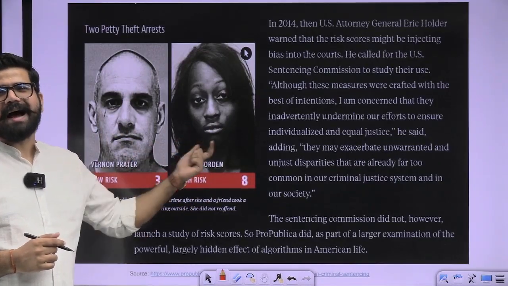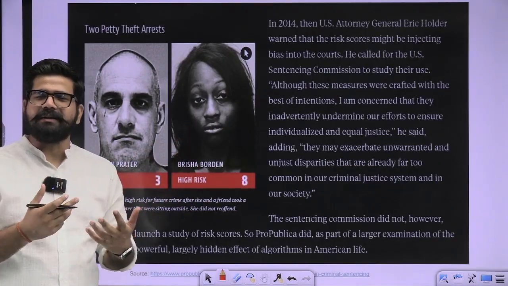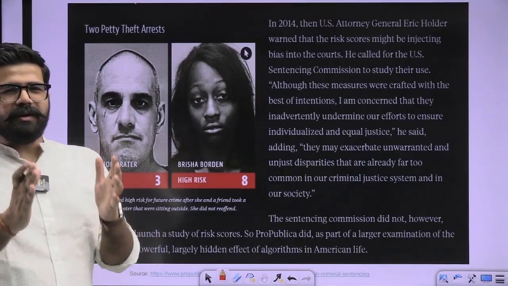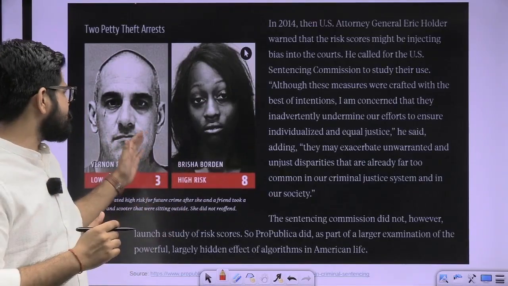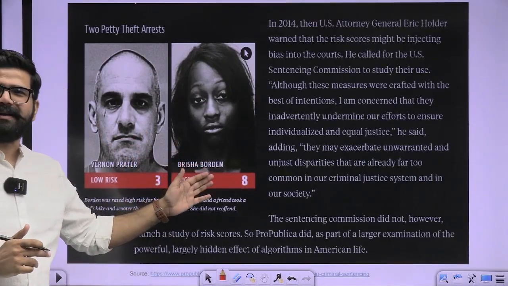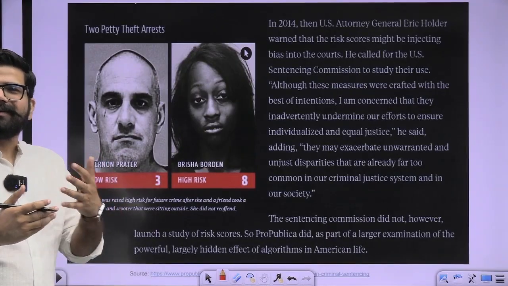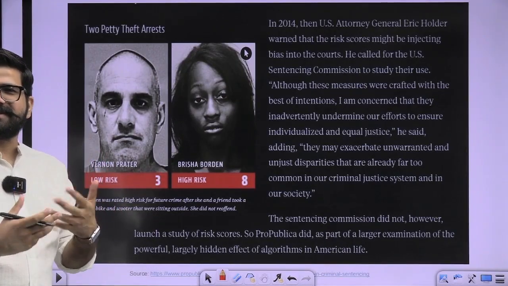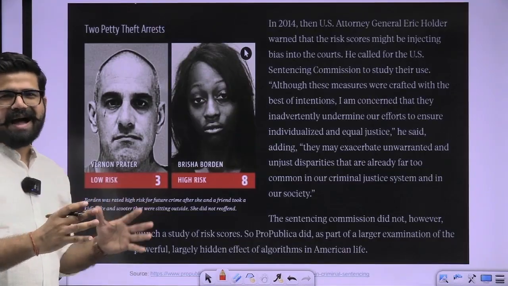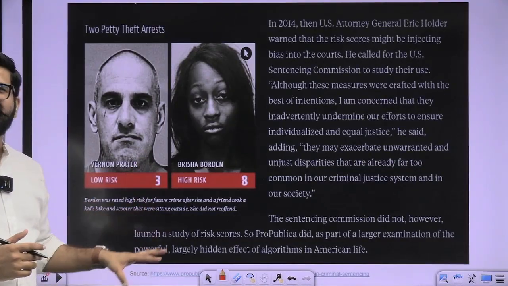Why? Because of the high biasing. Why is it done? Because of the color variation. These two persons, one is a white person, one is a black lady. So what the model can predict is a wrong assumption. This happens due to the high biasing, so we need to neglect these types of things.